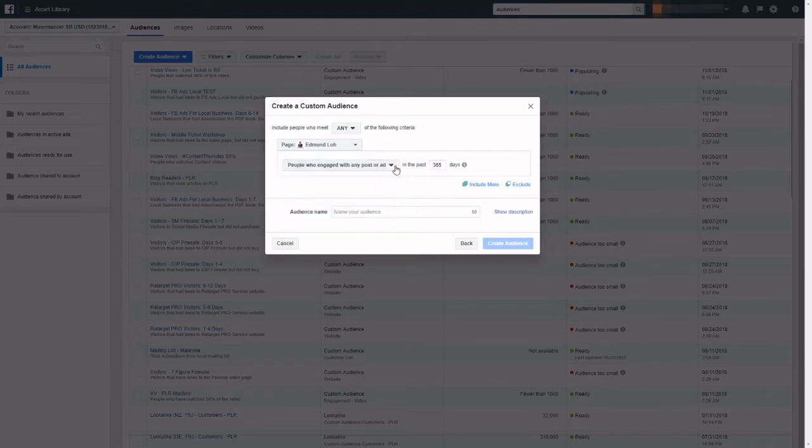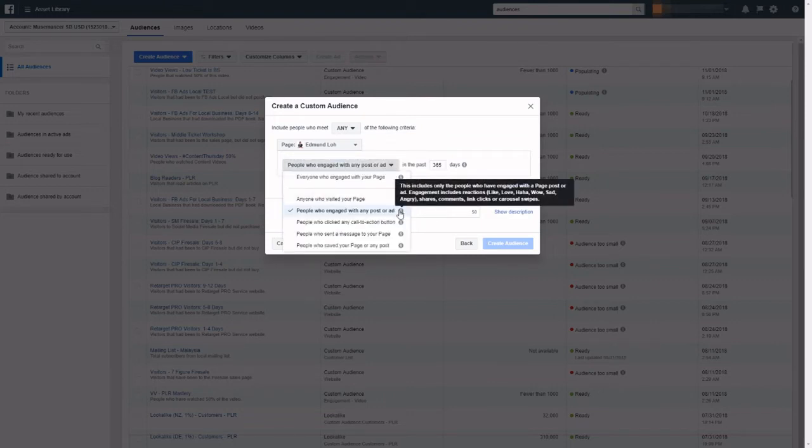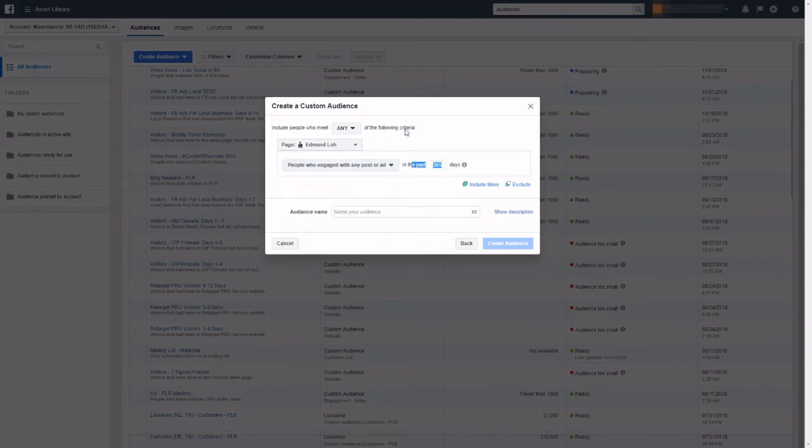This is really cool as well. You can see that people have made reactions, shares, comments on any of your posts. You know that these people are interested. And sometimes they don't even have to like your page, but the fact that they're there, you can actually retarget those kinds of people. So you can see that there are a few types here. I'm just going to put this as 30 days. You can put a max of how many you want, that's totally fine. I'm going to just call it FB page Edmund Loh